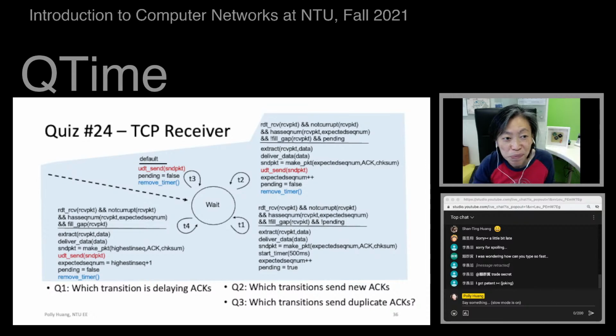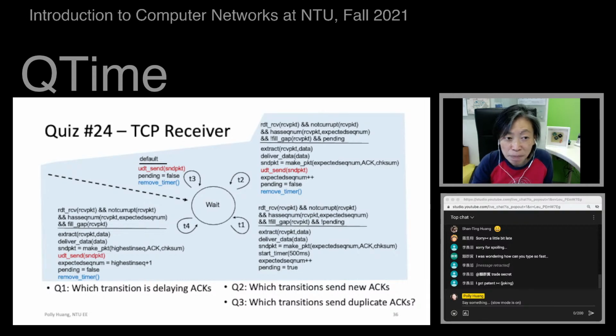What about T2? Let's check also the condition of the event. Receive a packet. It's not corrupted. It has the expected sequence number. Very similar to T1, isn't it? But it differs here. Is it filling a gap? It's not. So it's a new packet, brand new. And there's a packet pending. So this is the second event in TCP's receiver. What do we do there? We extract data, deliver it up to the application layer, and generate the ACK packet and send it out immediately.